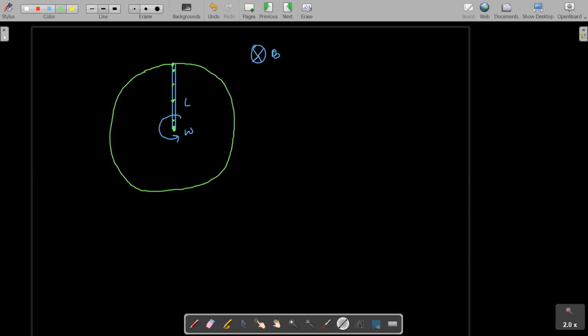This time we are calculating motional EMF in a rotating rod. So, students, let us say that this is the rod. From this point at some distance x, we are considering a small element dx. What are we doing, students? We are considering a very small element dx, and we can calculate the EMF induced into this element, dE.